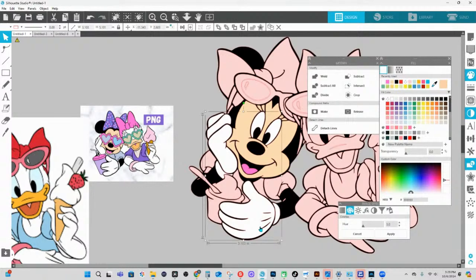I know last time I used subtract, this time I use compound path. I did that on purpose. It's very complex, and I'm not going to explain the difference between them here. You can always join our Essentials with Silhouette Studio program to truly learn the differences between compound path and subtract, okay? So that part is done, and we're going to make her dress